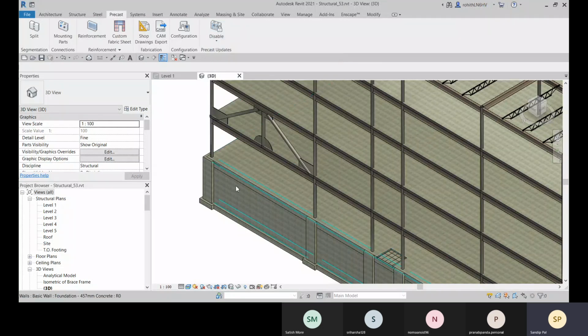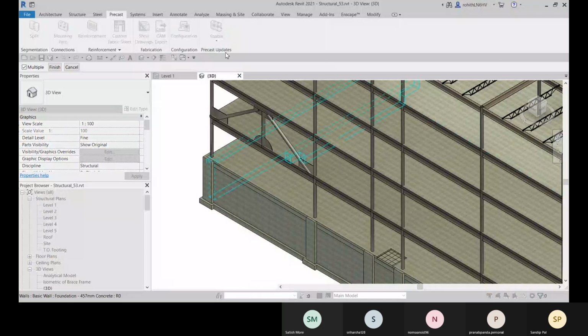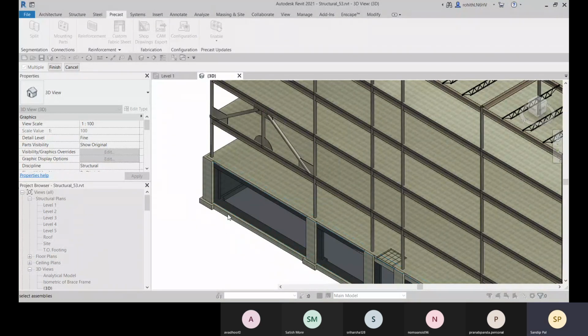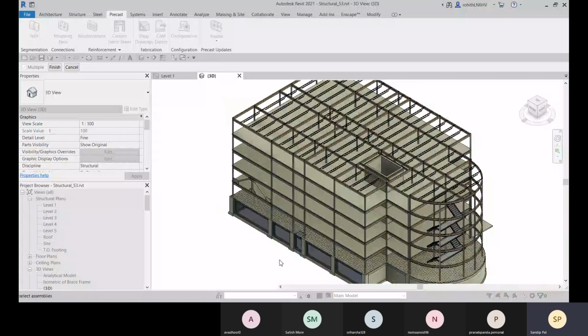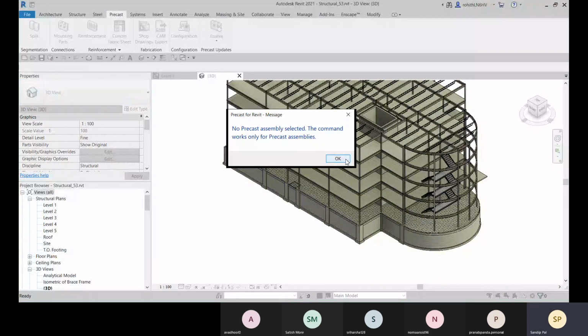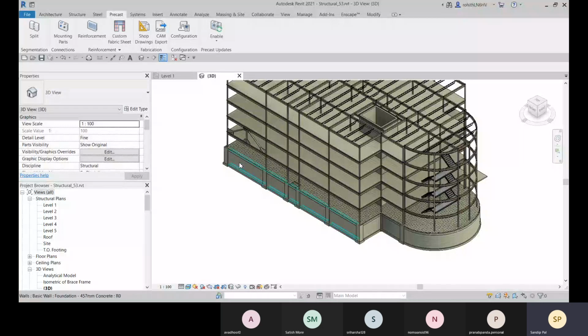So we need to enable it. Okay, so this is enabled right now, and it's asking to select. Any wall, if you want to select, after that, go for finish. And right now, no precast assemblies are there.